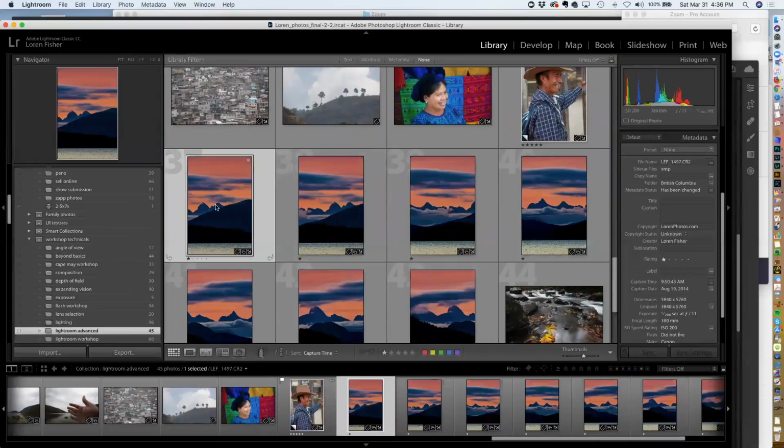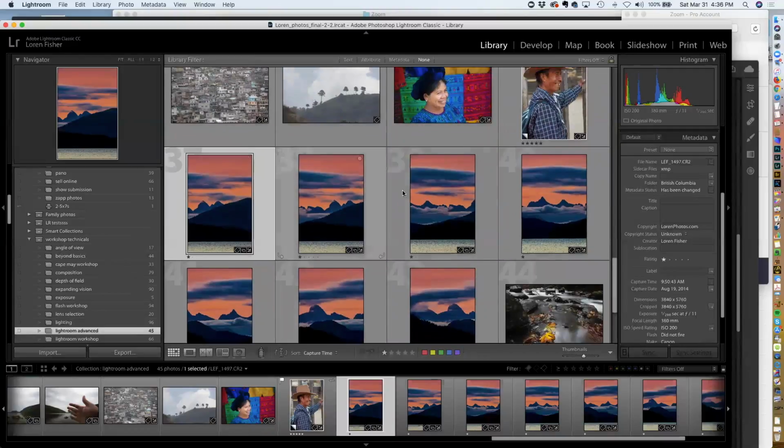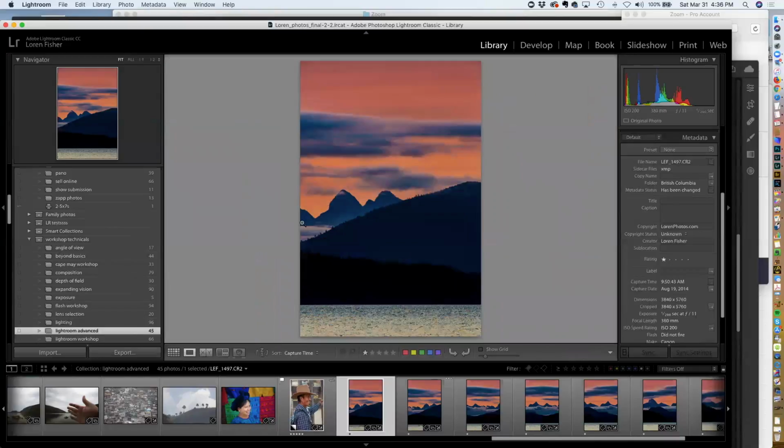So you can see this mountain peak is in this picture on the side here. It's on the right side here. And I'm starting to get this mountain. So I make sure I have an overlap. And the more overlap you have, the better it will be. So when I bring these photos in, if I have like 6 photos in this series, I will make my